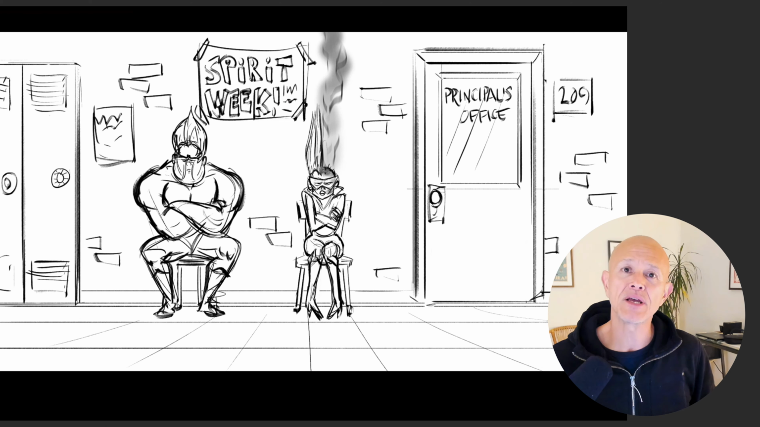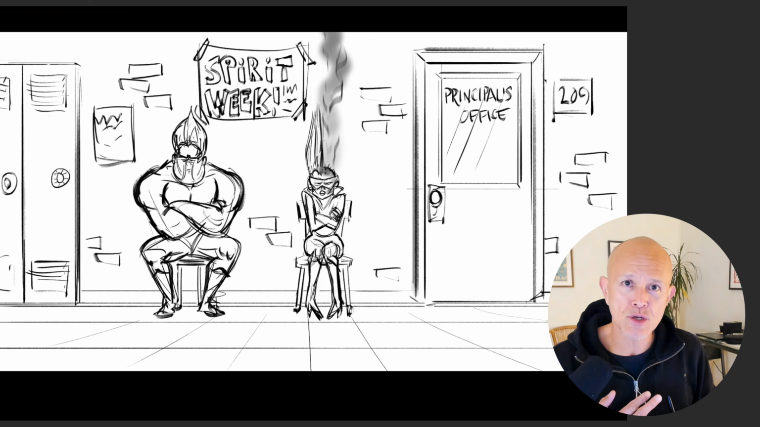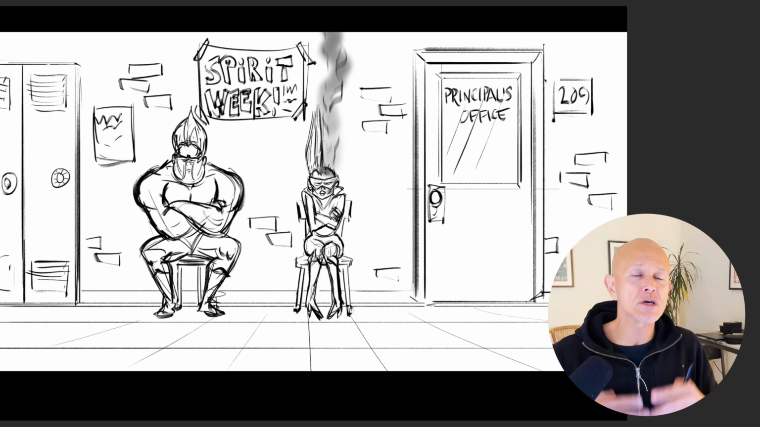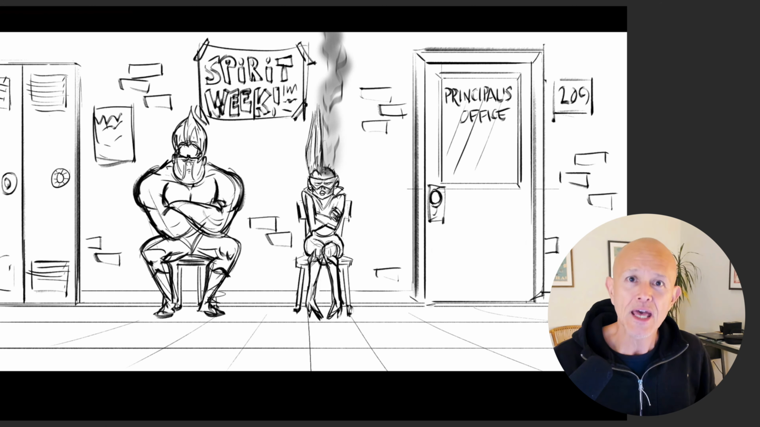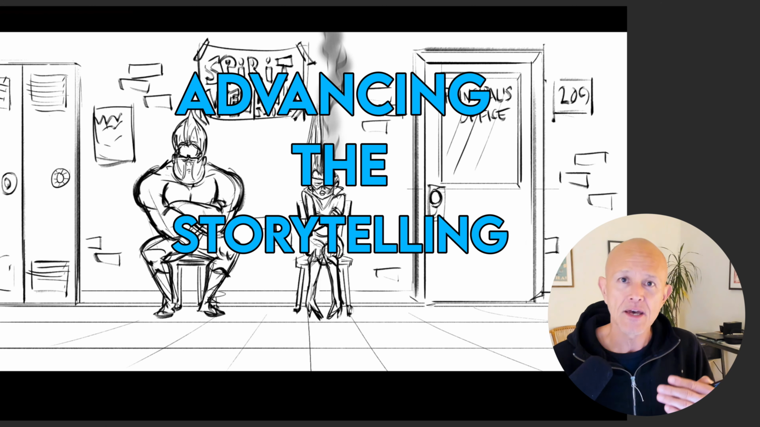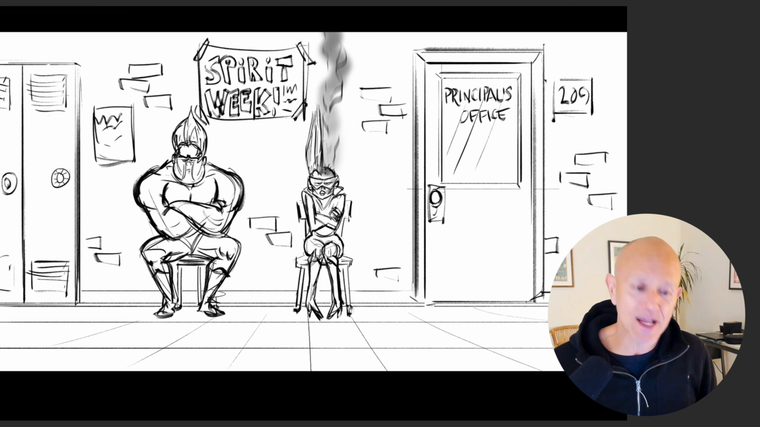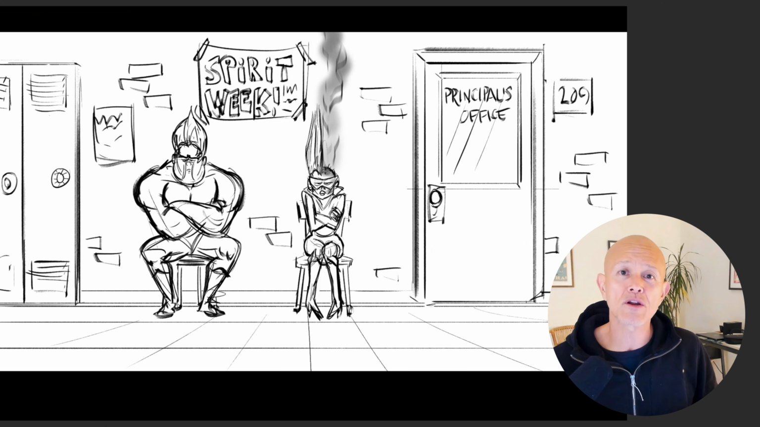So the cut becomes meaningful, and we want our cuts to be meaningful. We want our cuts to show new information or additional information that we couldn't clearly show in our previous shot. And by doing that, we're advancing the storytelling. This is a term, by the way, that gets used a lot in the industry, advancing the storytelling. So by going to this shot right here, I'm advancing a newer part of the narrative